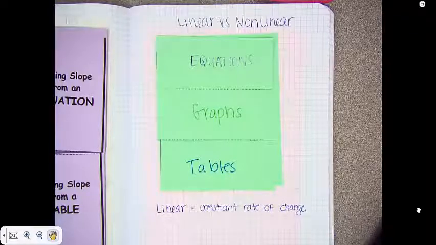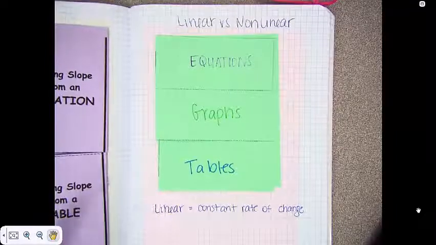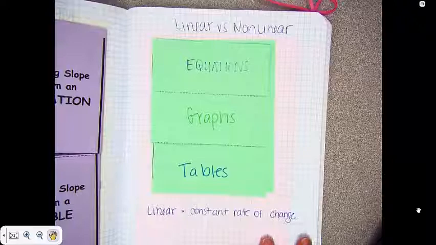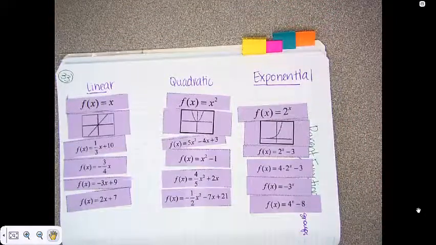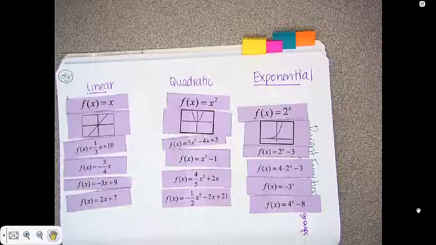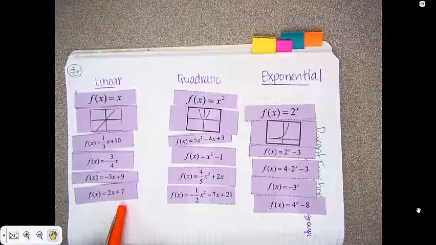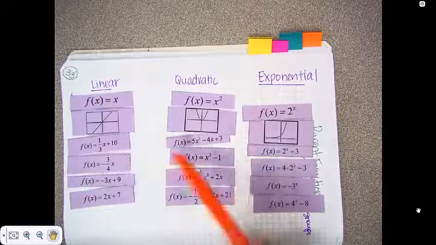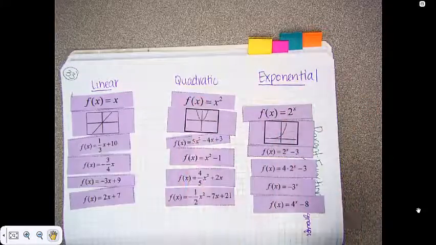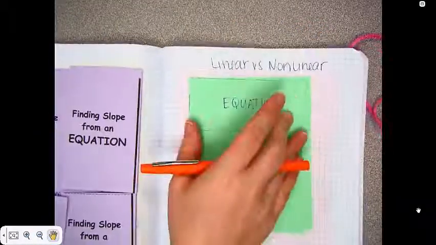Now, think back to when we talked about parent functions. We talked about a couple of different parent functions. I'm going to flip to that page real quick in my iPad. We talked about linear parent functions, quadratic parent function, and exponential parent functions. So when I say linear and nonlinear, I mean linear being in this family. Nonlinear would be any other family. So it's a big group for a couple of ideas. Quadratic, exponential, cubic, lots of different things. So let's get started. If we open up our equations tab,